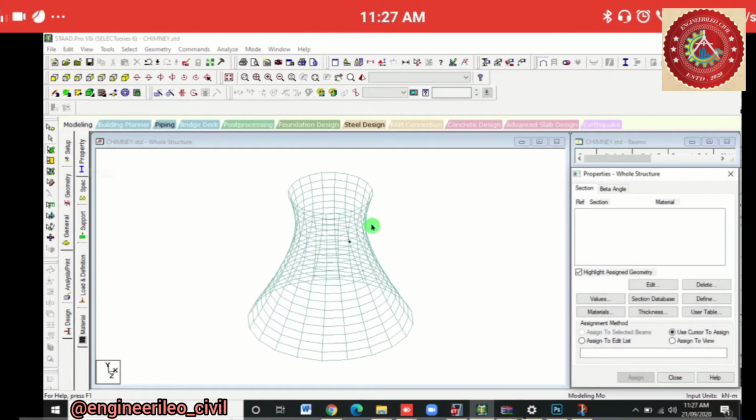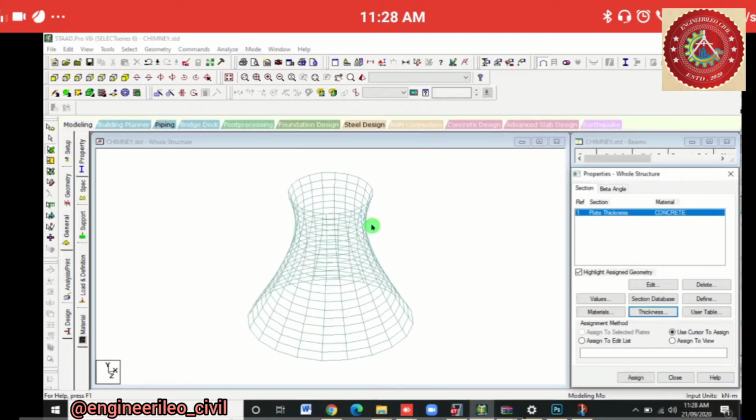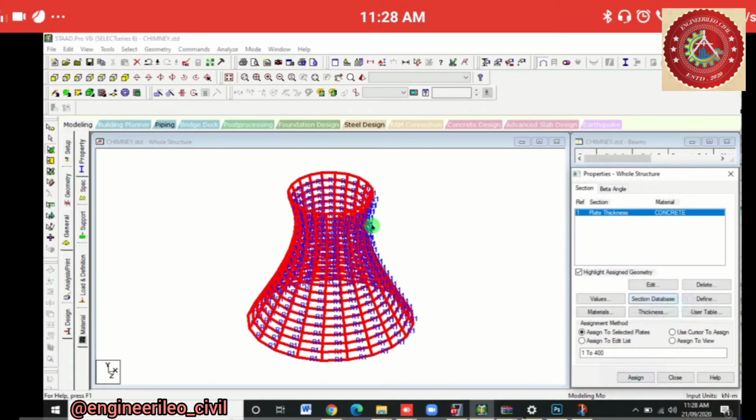We'll add plate properties. We'll add thickness. Let us take thickness as 0.5 meter of concrete. Add, close. Thickness should be assigned to view and assign yes.